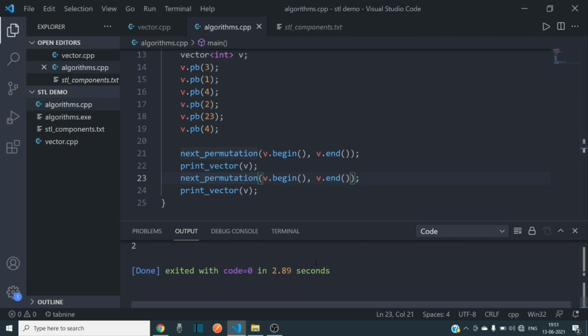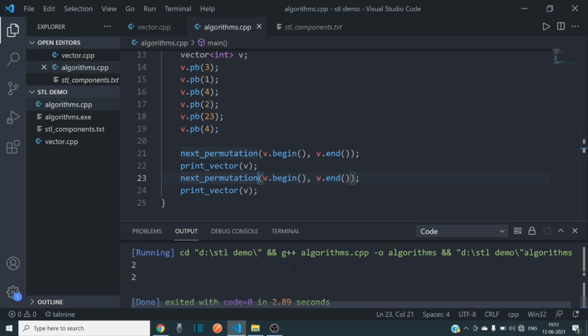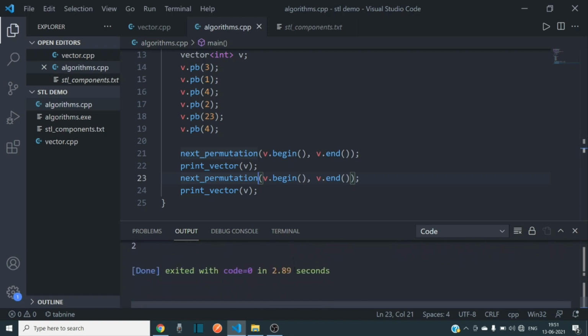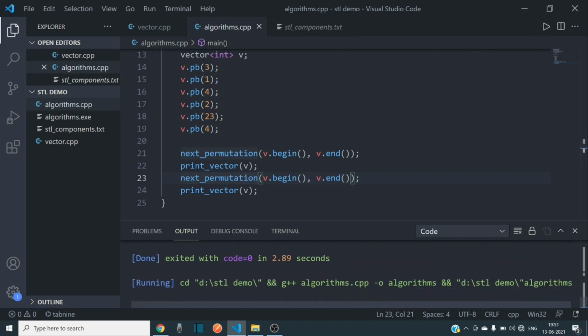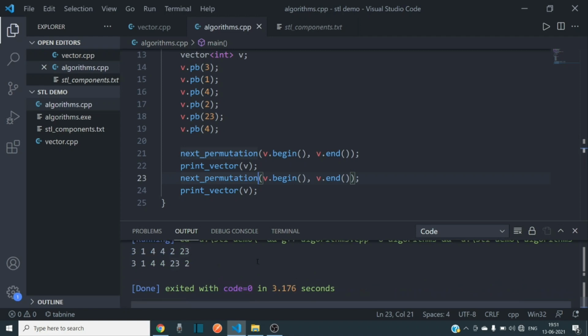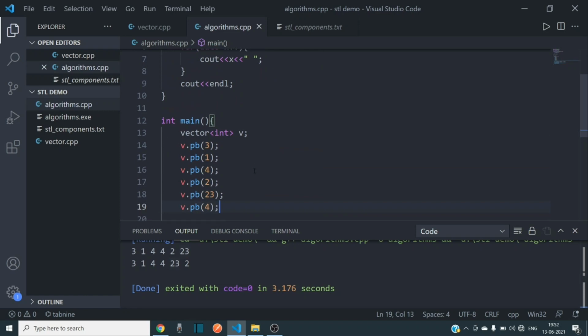Next permutation, it's running. Yeah, so the original was 33142.